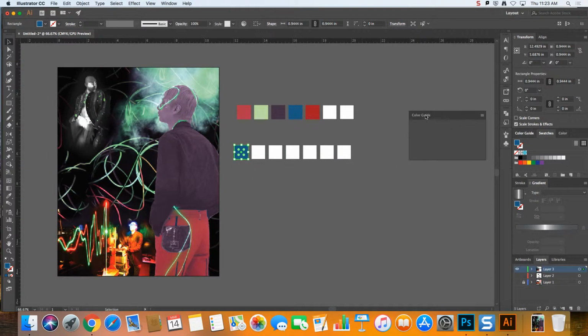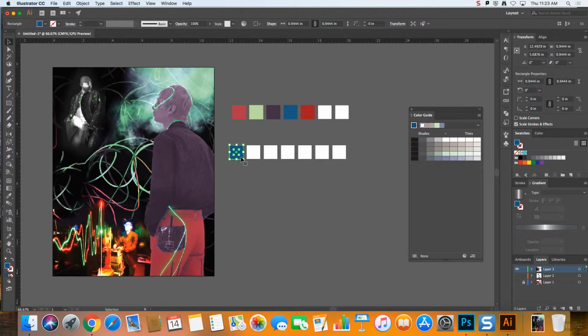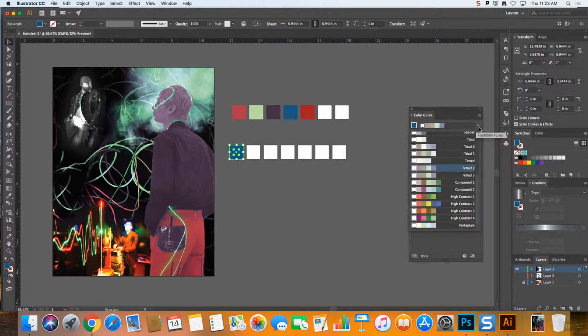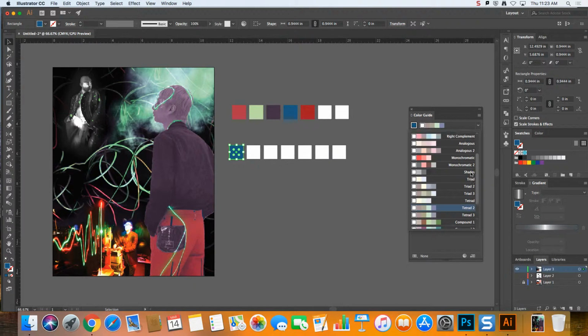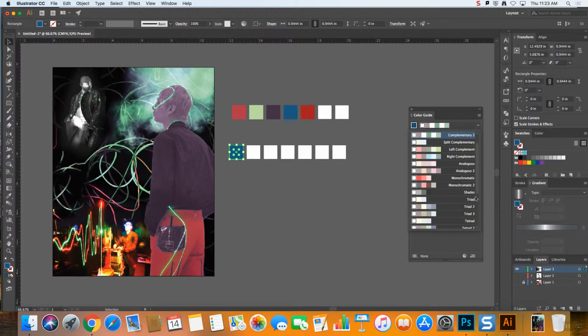We're going to use the color guide really briefly. In the color guide, this is the base color, and whatever color is selected over here ends up in the base color over there. And then we can click on this little caret way over on the right, and we can choose from all of these harmony rules. So we can choose complementary, and we have all of these color options there. We can choose